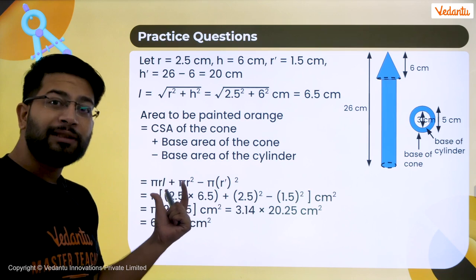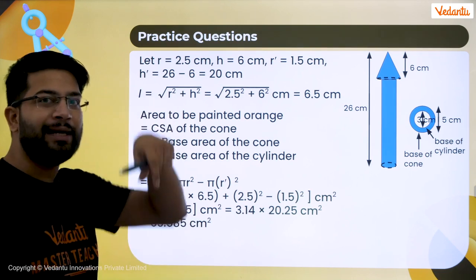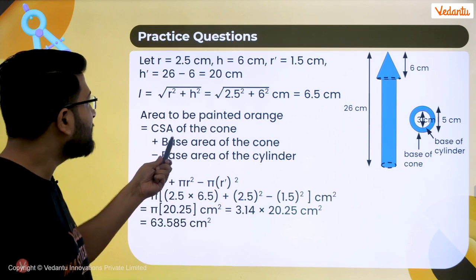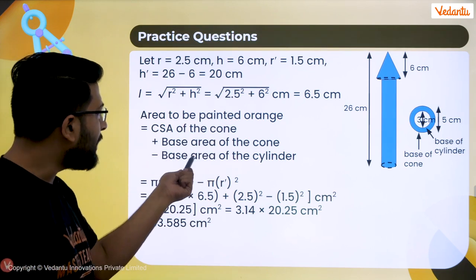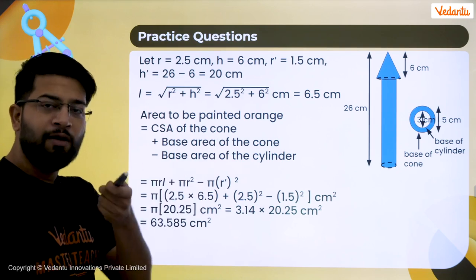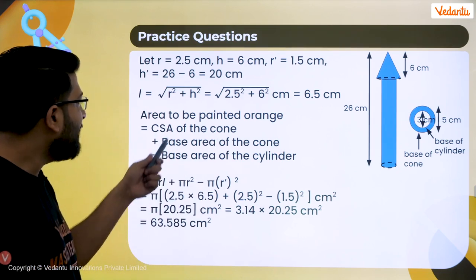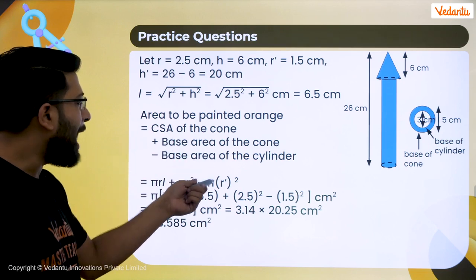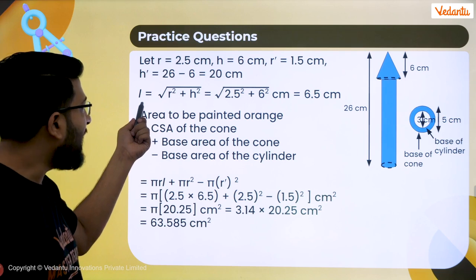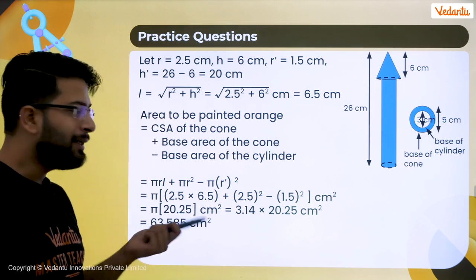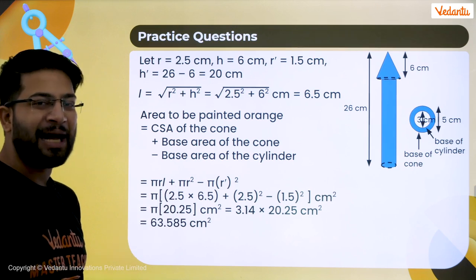That is why we are subtracting the top circular area of the cylinder, plus the base area of the cone, right? The base area of the cone and the top area of the cylinder are circular with a different radius. So it will be pi RL plus pi R square minus pi R prime square. Now, champ, we know the cylinder height with the help of Pythagorean theorem. Yes, so we can put the values of radius and height of the cylinder, and we can get the answer.